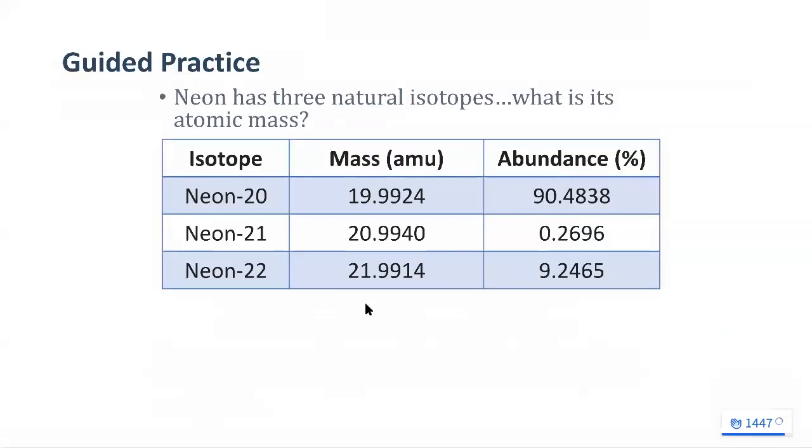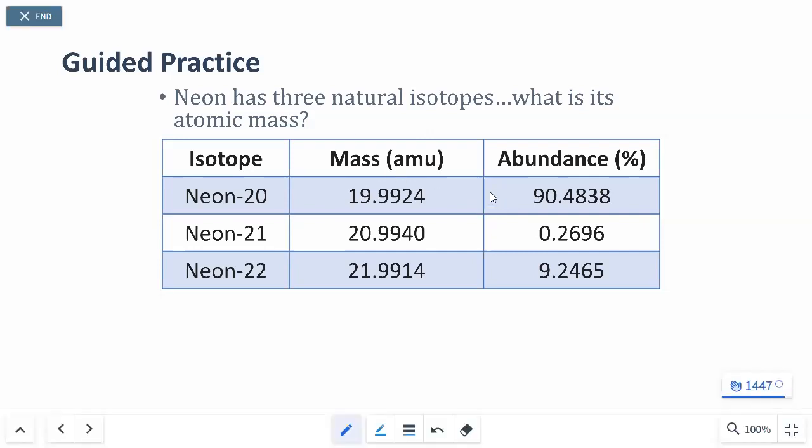So let's do a practice problem of this kind. Again, focusing on the neon here. So like I said, the calculation method that we're going to use is a multiplication effect. We're going to multiply the masses by their abundances, and then we're going to add them together. So